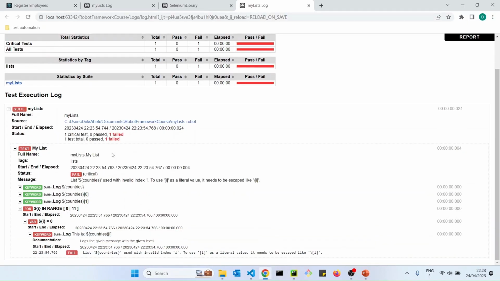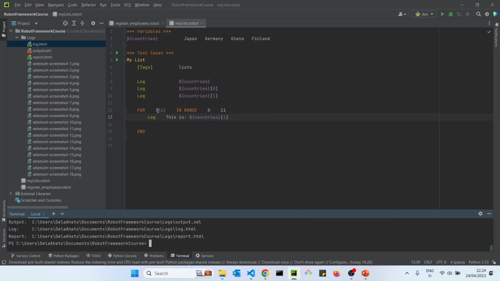It says: List countries used with invalid index I. To use I as a literal value, it needs to be escaped like this. Okay. Because it's a variable, all we need to do is reference the variable itself. So this is the name of the variable, the $, curly brackets, and the I. So we need to reference it exactly the way it should be referenced. So I. Now let's run it and see